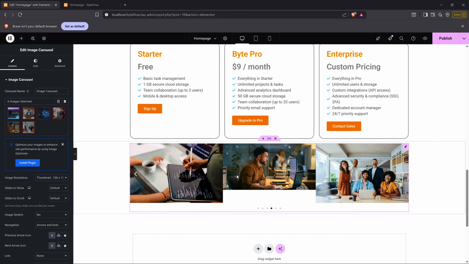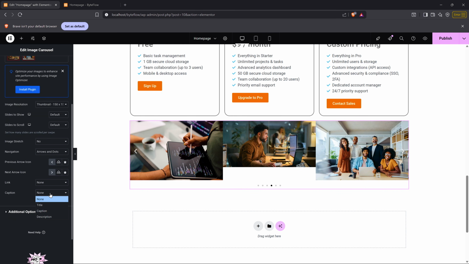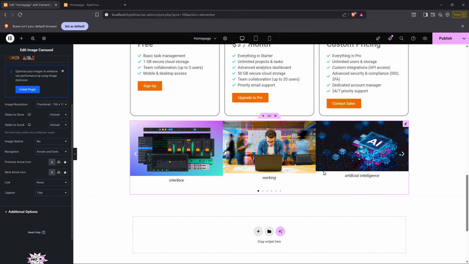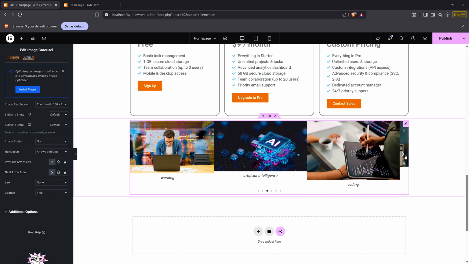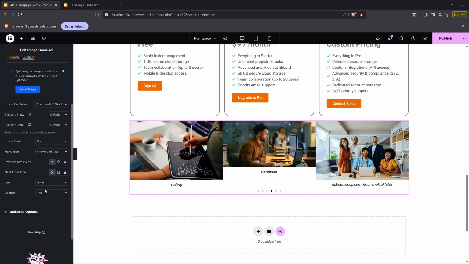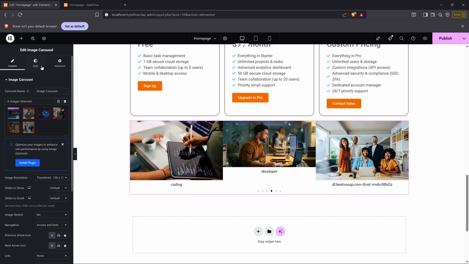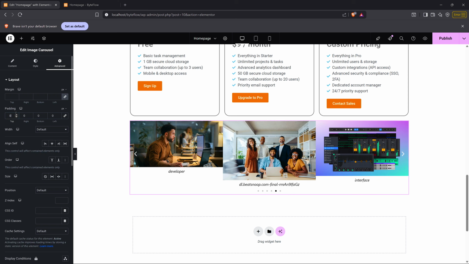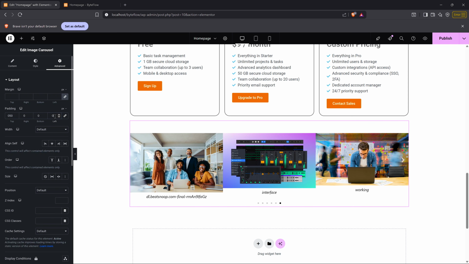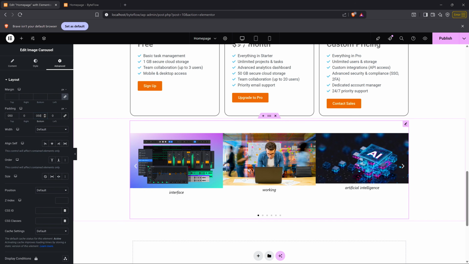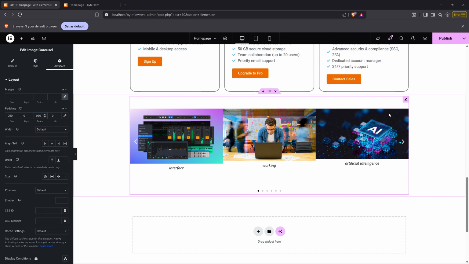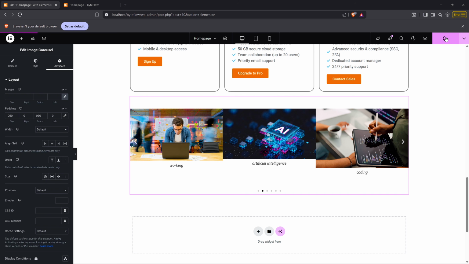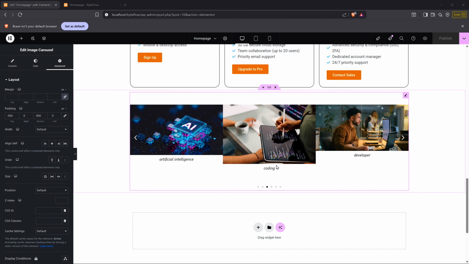As you can see, it looks okay. So what I'll do is just include a caption here, which is our title, and that's it. I will leave it like that. I like it the way it is. You have a wide range of options that you can use to modify our image carousel here. You can add a border around each image. You can spread them out a bit, but I like them the way they are, so I'm gonna leave them the way they are. I'm just gonna add 50 pixels to the top as padding and 50 pixels to the bottom like this, and that will be our image carousel. I like it like this. It looks proper. I'll just click on publish, and we are going to add the last section of our website,